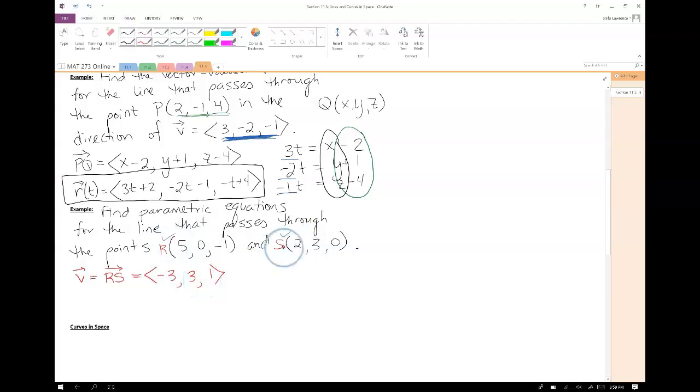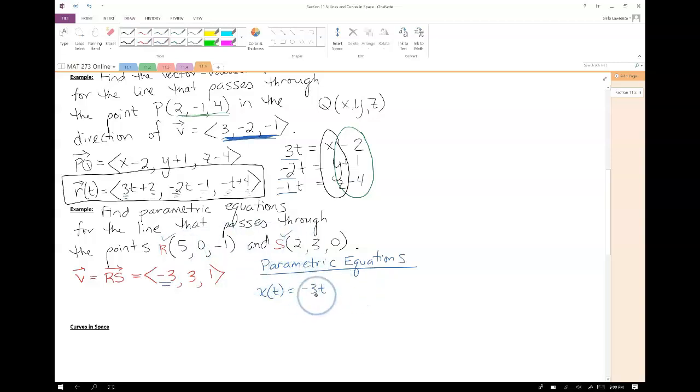And then now we could use either one of those points, R or S, to set up our parametric equations. And I'm not going to go through the whole common ratio with T here. I'm going to jump straight to the answer, because the pattern that we see in the setup of these equations is exactly the same every time. We always have these coefficients that come from the components of our direction vector, and then these constants come from the point that we're using on the line. So as parametric equations, we would have x of t equals -3t,